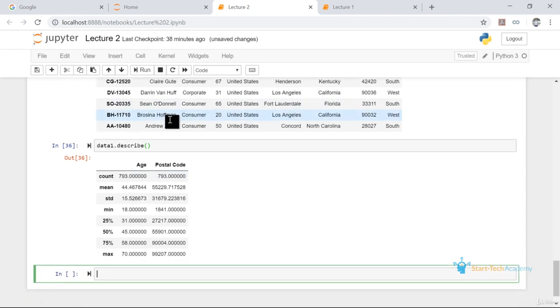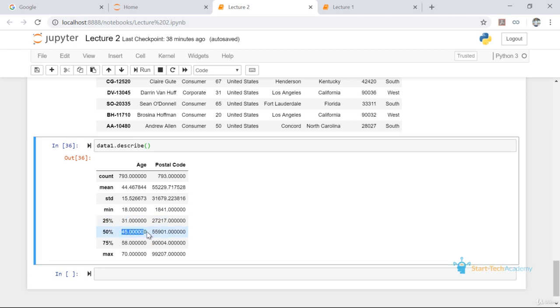Here you can see the total count of values, the mean of age, the standard deviation of age, minimum age, maximum age. These are the percentile values. This is the 25th percentile value. So if you arrange all the ages in ascending order, the value present at the 25th percentile of that data is this value. Similarly, this is the 50th percentile, also known as the median value. This is the 75th percentile value of age, and this is the maximum value of age. This we will discuss in univariate analysis, which we will be covering in a later part of this course.